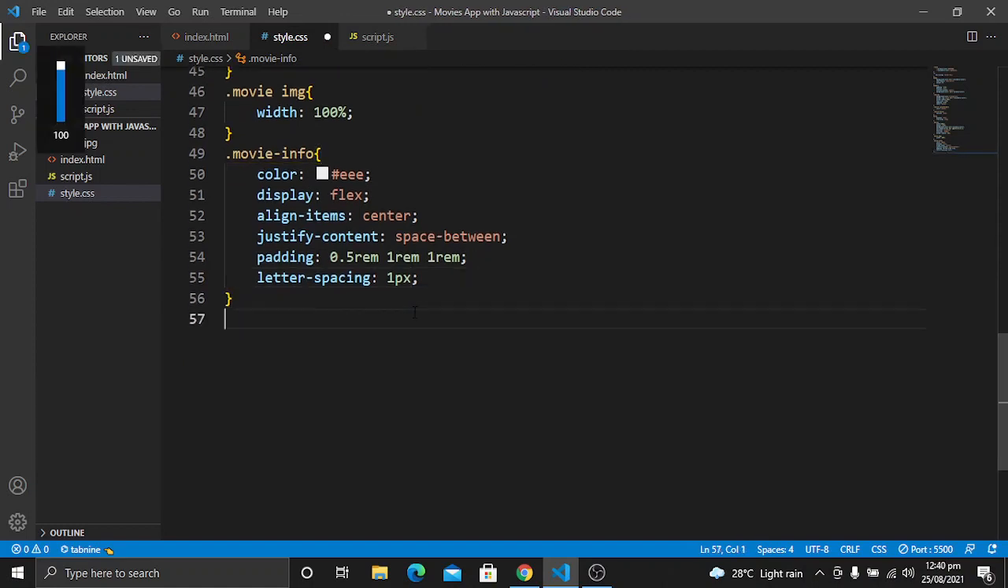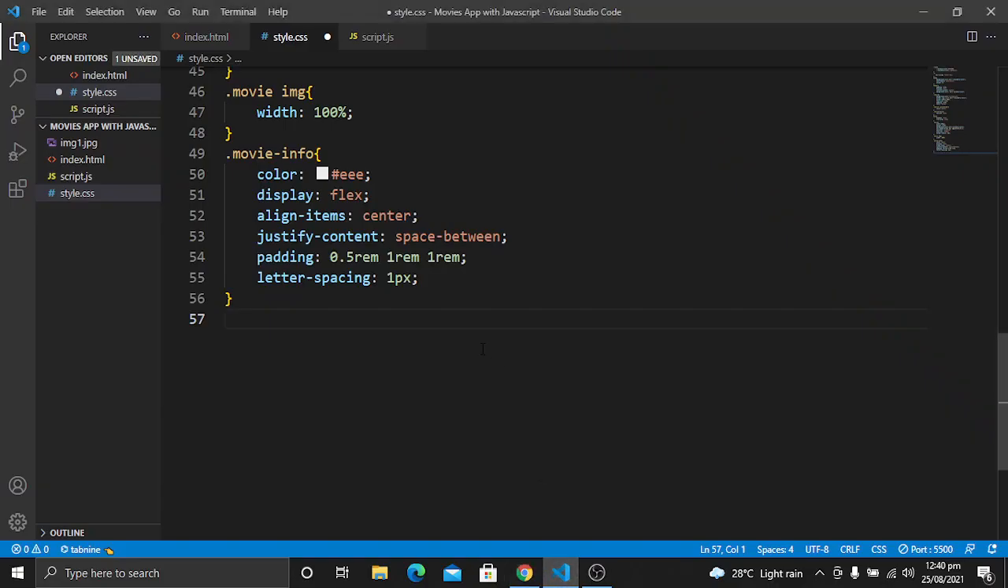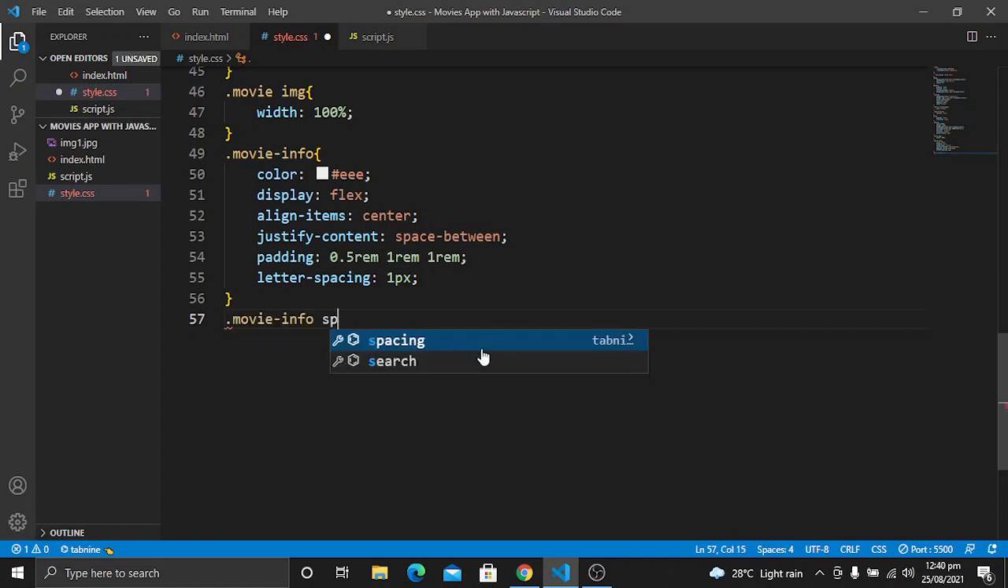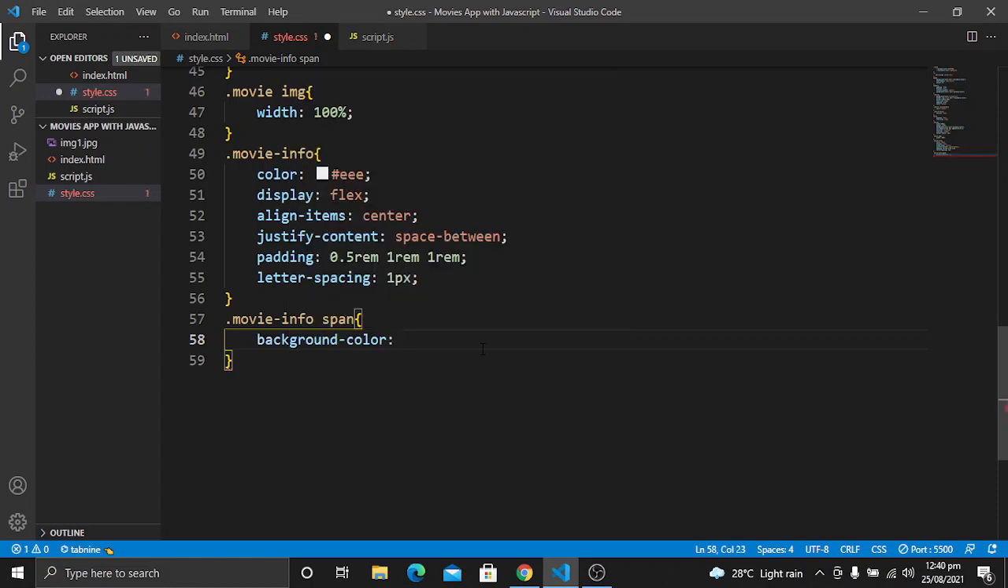Now let's target the span tag, which is going to be the rating, which will be 9.7, which is shown here. So let's target this span tag in the movie info, and we want to give it a background color. The background color will be the primary color that we want to give it. So let's give it a primary dash color,